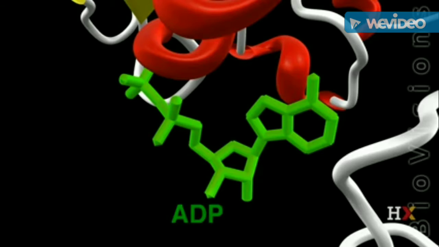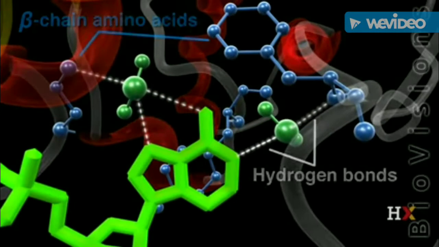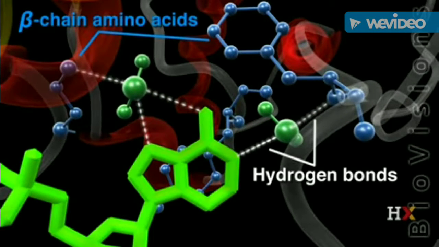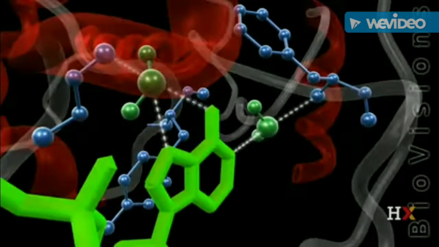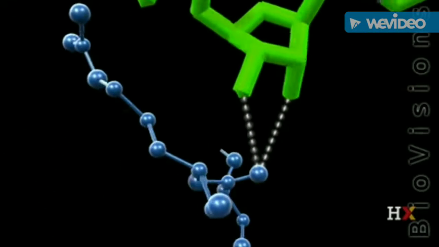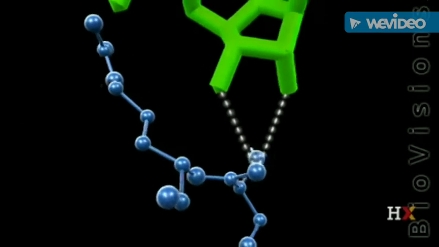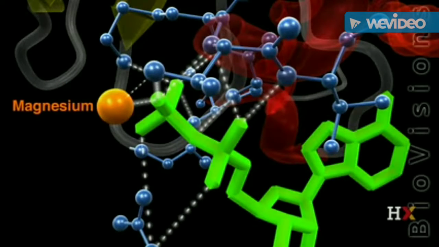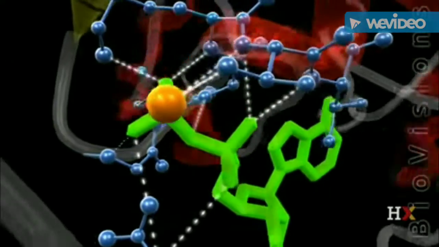Here is ADP with its 2 phosphates. They are all held in place by a network of hydrogen bonds mediated by the amino acids in the folded structure of the beta subunit. Hydrogen bonds stabilize the base and the sugar, but really primarily the base. There's also a magnesium ion that plays a critical role in not just stabilizing, but also neutralizing the charge of